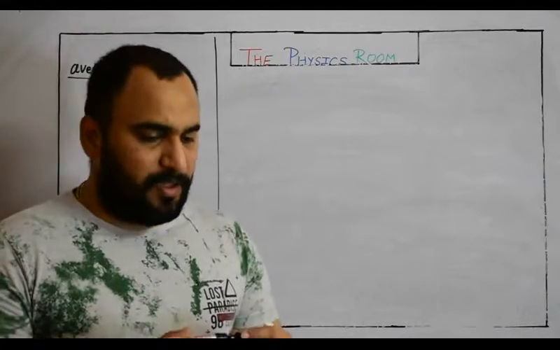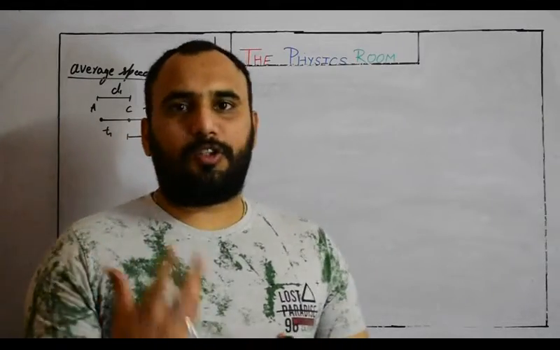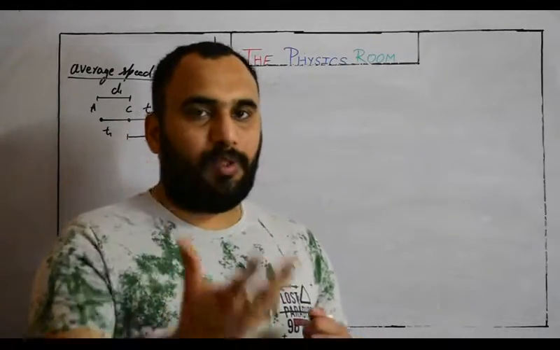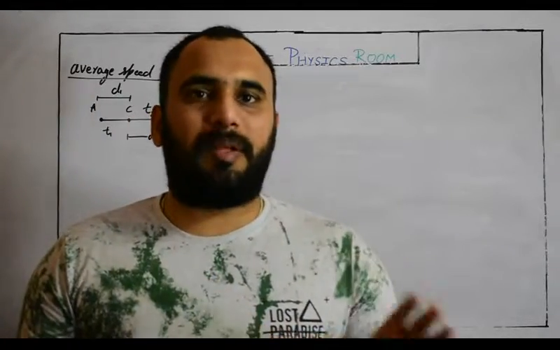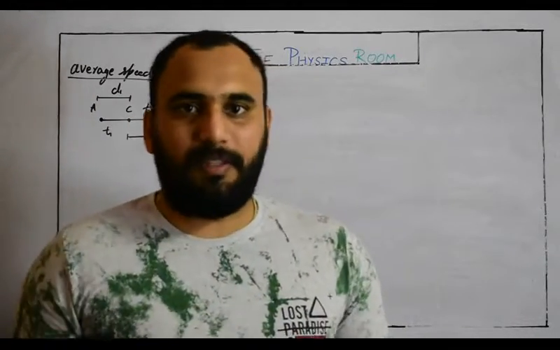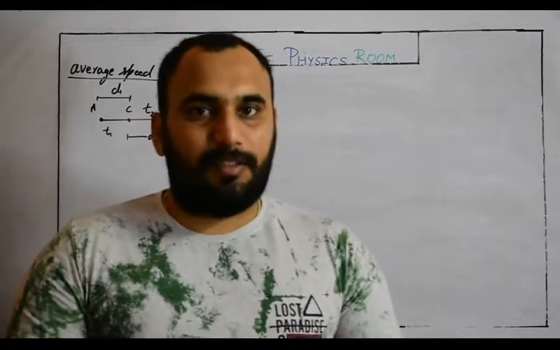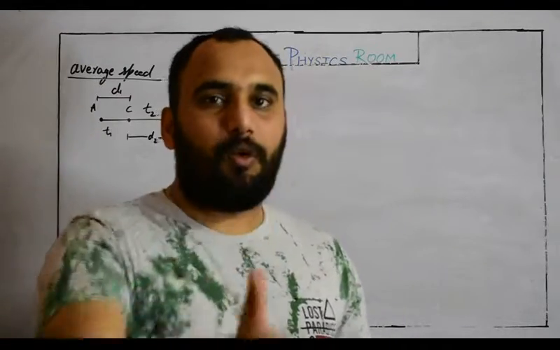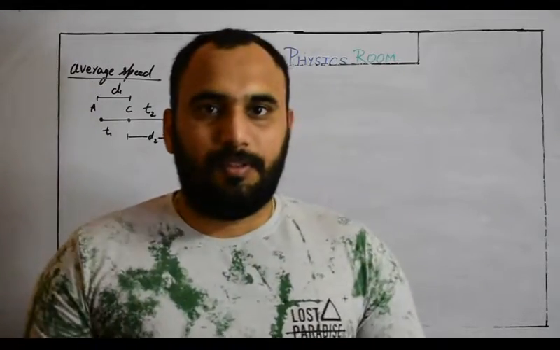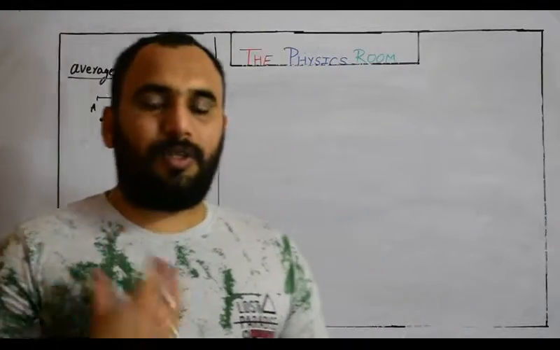Just like whenever you travel between two places like Khatoli to Muzaffarnagar or Khatoli to Meerut, suppose you are going by bike or scooty. So basically your speed will not remain constant during the entire journey. Obviously, in some places you have to brake, decelerate your scooty. In some places you will get an open road, so you can speed up. Sometimes you have to overtake vehicles. So speed is not constant during the entire journey.